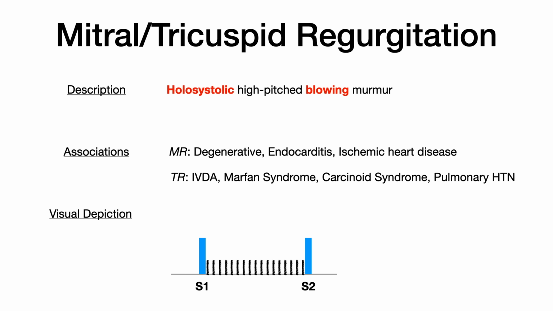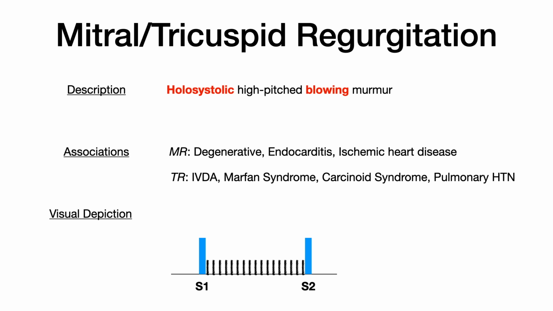But otherwise, really the only way to get this is where's the stethoscope? So if the stethoscope is at the apex and the sound is described to radiate toward the axilla, that's mitral. But if the stethoscope is at the tricuspid area, then that's obviously tricuspid. Other than that, there's really no other way to delineate whether you're talking about mitral or tricuspid, because both of them are holosystolic, high-pitched blowing murmurs that sound identical and last for all of systole between the S1, S2